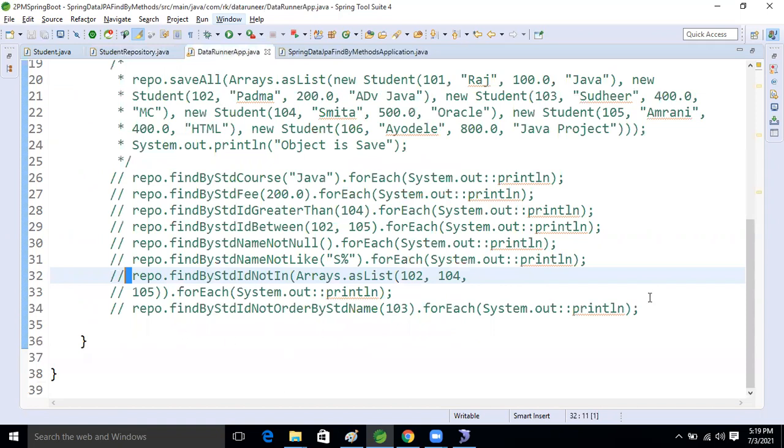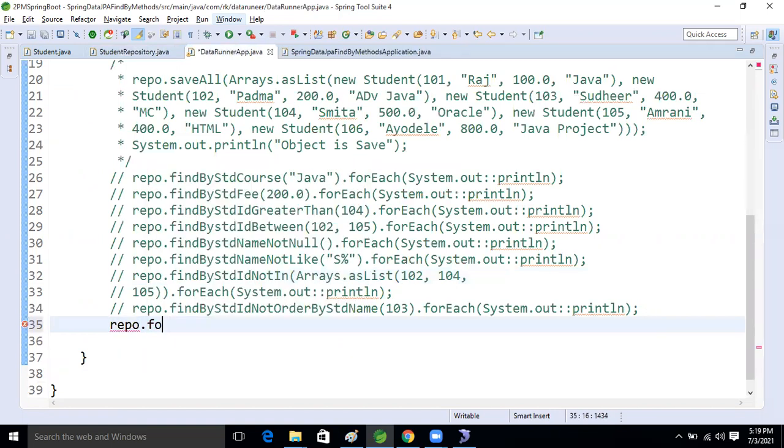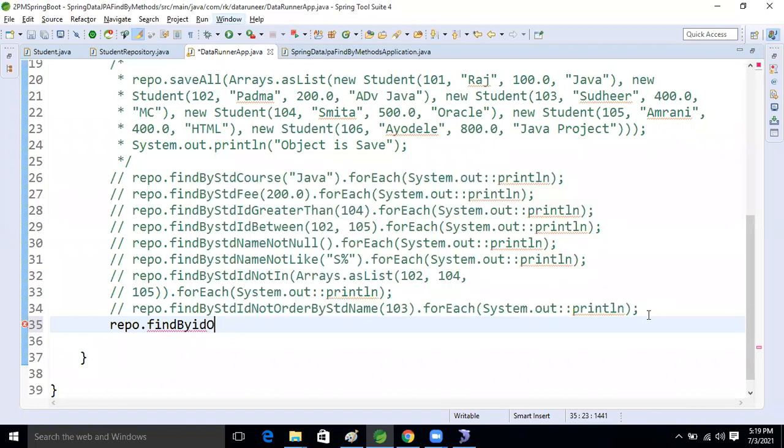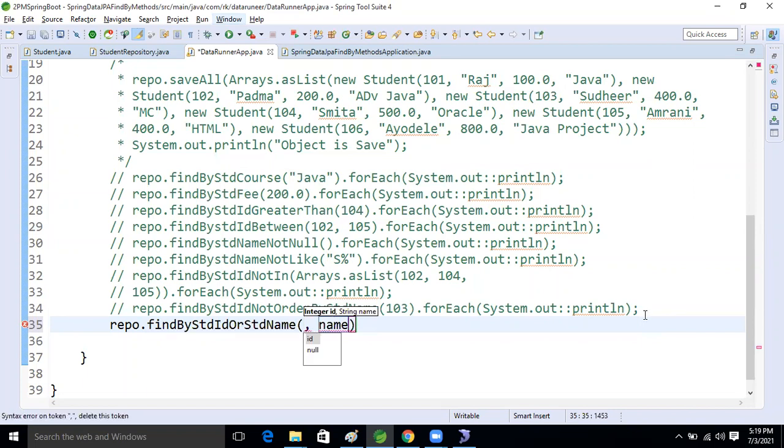Now come to the data runner class. Now here what will we take? Repo dot, sorry, findByIdOrName.